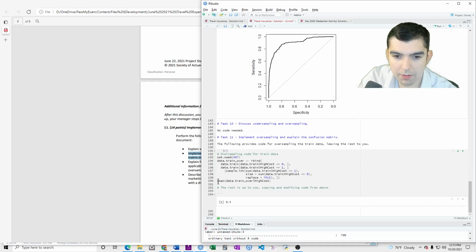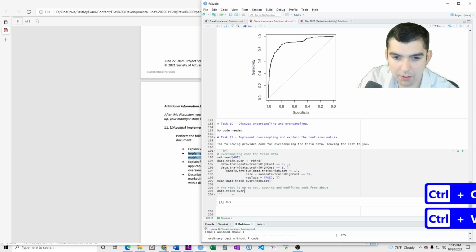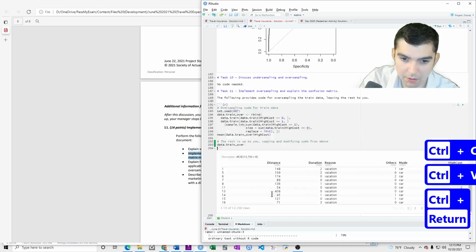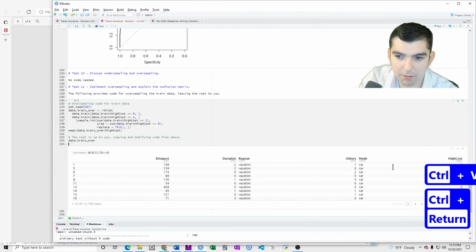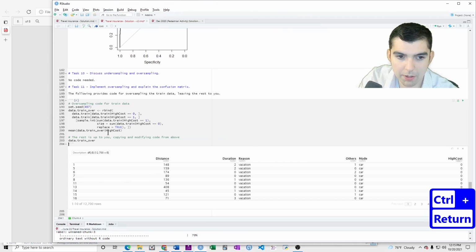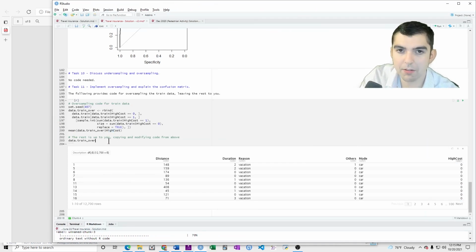And it says the mean of train data over high cost is 0.5. So that means that it's made a copy of the data called train data over. You can see it has the same columns as before, but this one has a mean high cost of 0.5, which means that there are balanced classes.